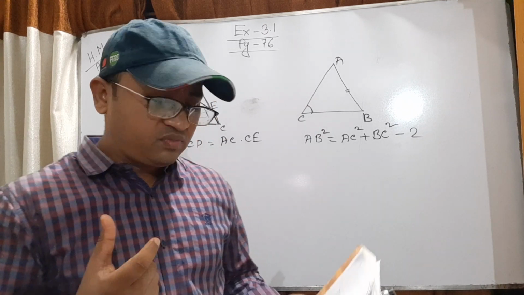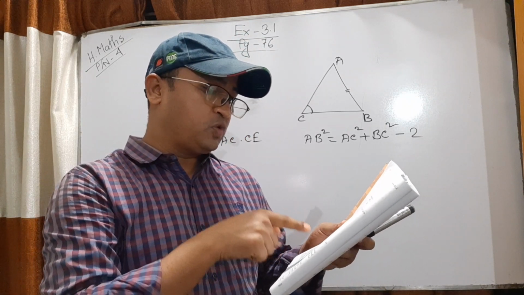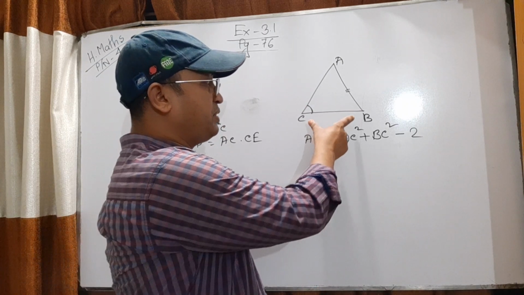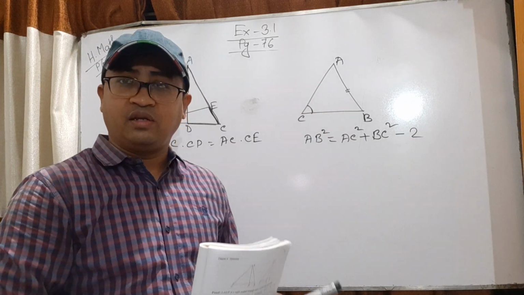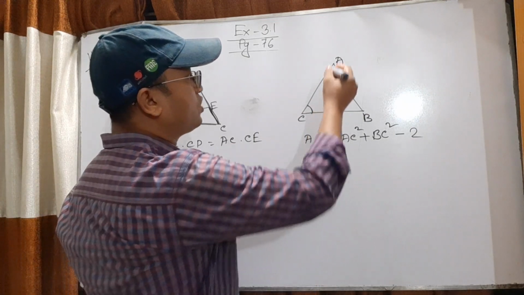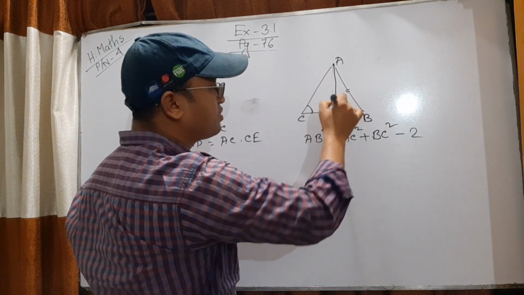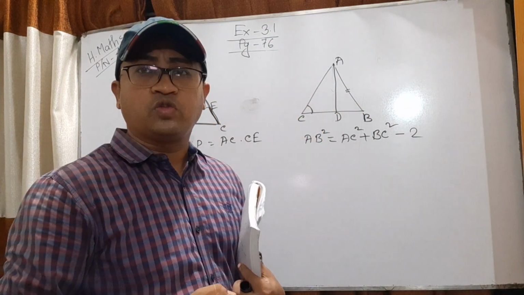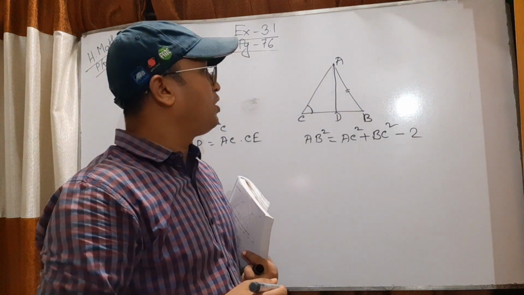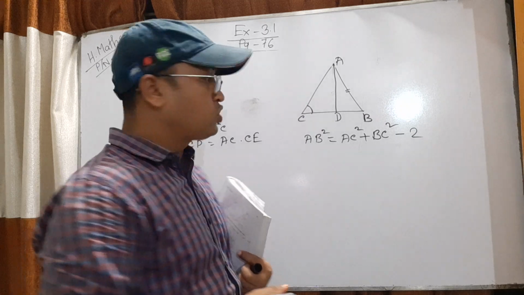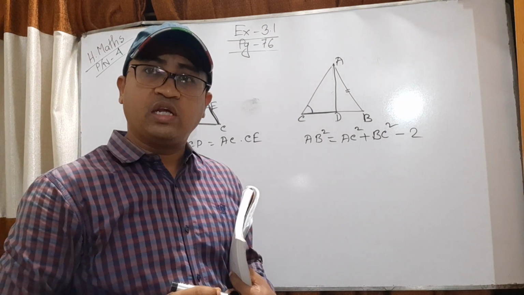So what will be the breadth or height? Breadth will be the orthogonal projection of the other side. If I consider BC is the length, then the other side is AC, and the orthogonal projection of AC. You know what the orthogonal projection is. If I draw a perpendicular AD from A to BC, then CD will be the orthogonal projection of AC. Are you clear what orthogonal projection is?